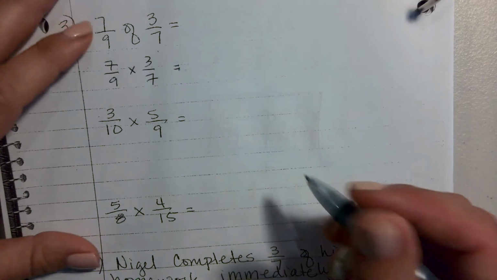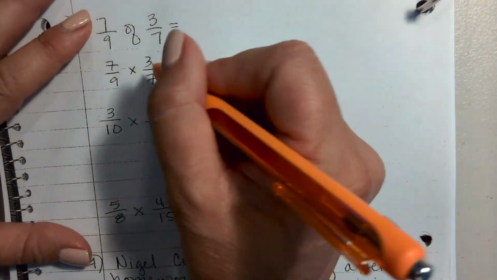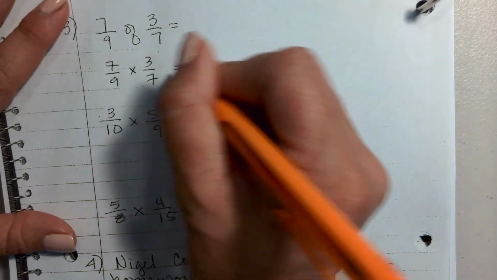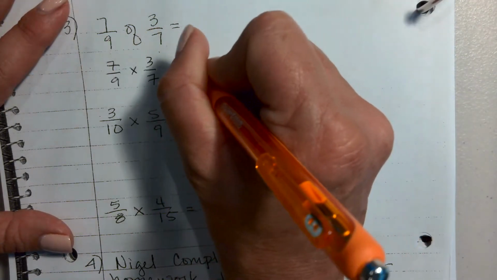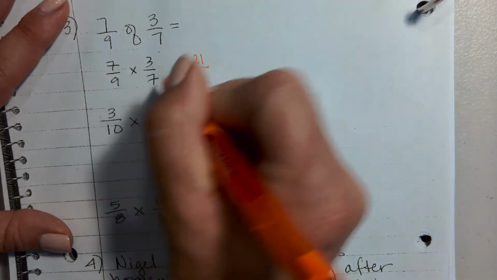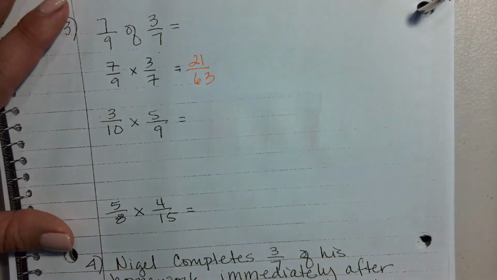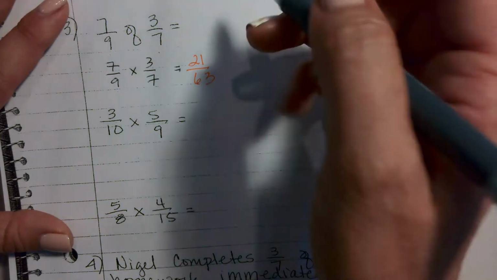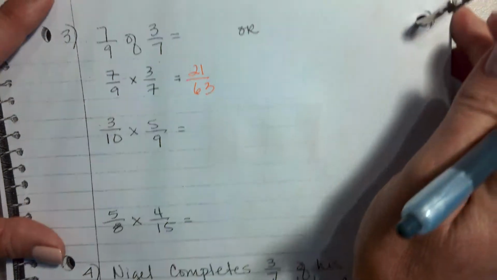But for me personally, I can see there are numbers hiding in here. Technically we could go 7 times 3 is 21 over 9 times 7 is 63. That's quite a large fraction to have to simplify. So I suggest